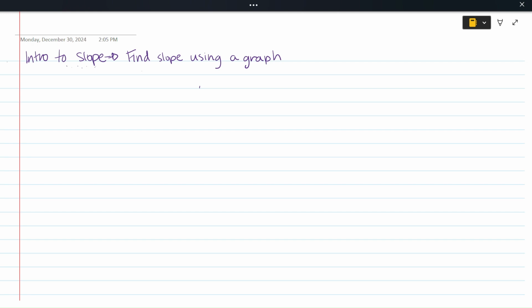Today we are going to learn about slope. So this will be our introduction to slope. And we will also learn how to find slope using a graph. So using the graph to find the slope visually, also learning what slope is, because this might be our first